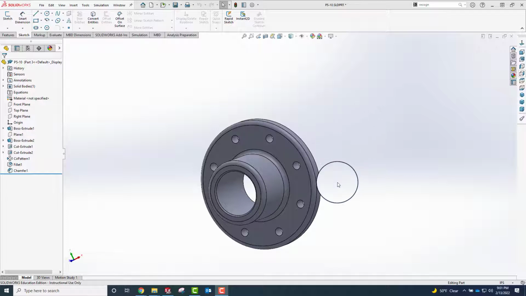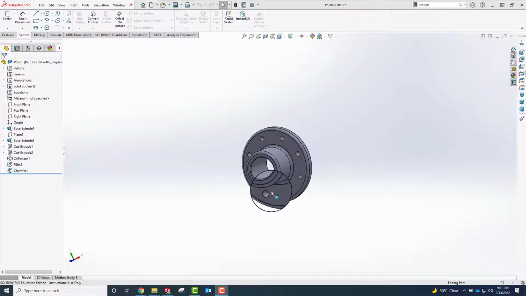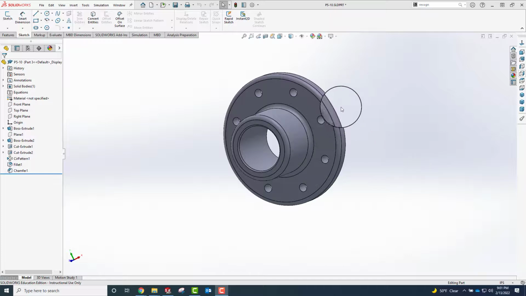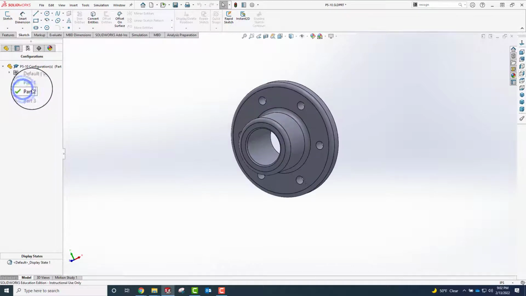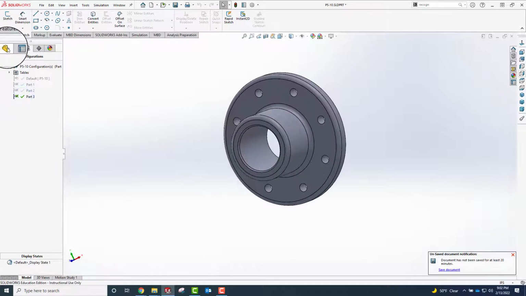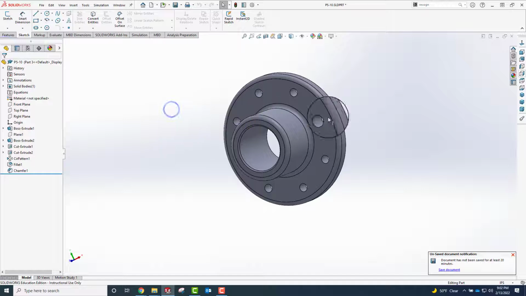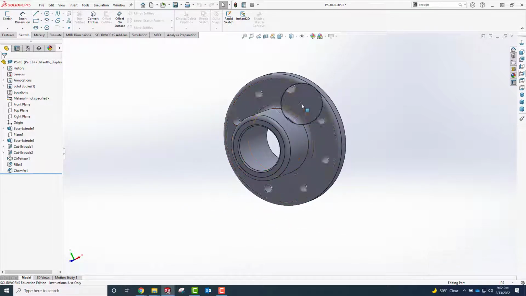As an example, I've opened the flange from Chapter 1 that we then modified in Chapter 5 to add some different configurations. You remember it has different diameters and a different number of bolt holes depending on which configuration we're in. Let's say now we're going to work on this and we want to create an assembly that has this flange part and then a series of bolts, with a bolt that matches each of the holes in the